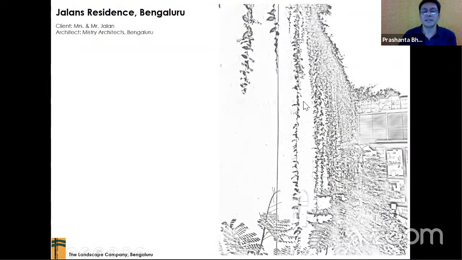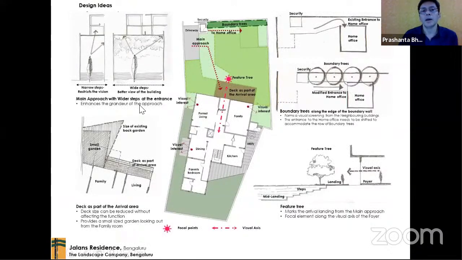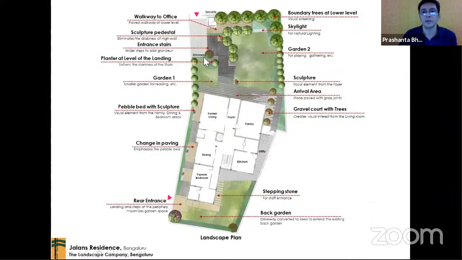This is another residence that we did here in Bengaluru, where the house was about 4 meters above the ground level or the road level. So people would enter in the driveway, and how they would actually come into the main building is something that we had to deal with. We had to also look at privacy and screening and how it would work out.